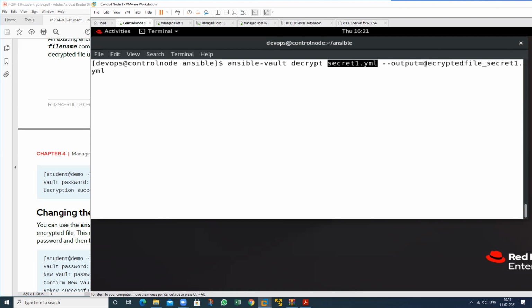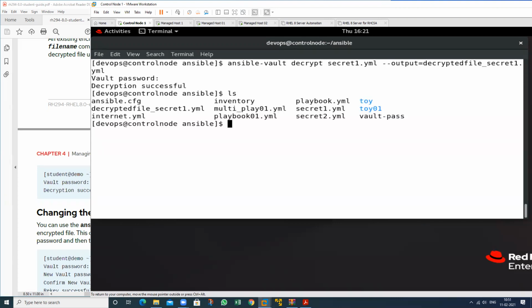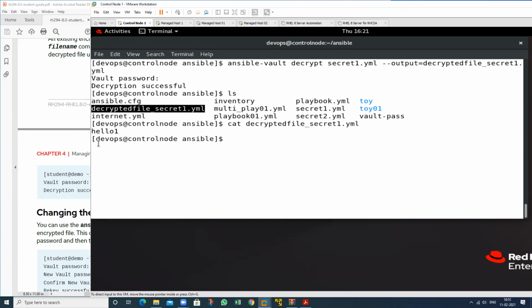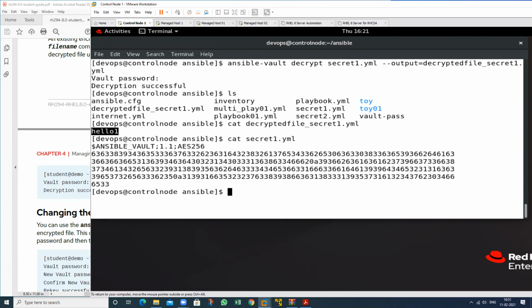This is the full name of this one. So just type, then the password, then see, this file has been created. See the content of this particular file. What is in this? Hello one. But secret one, it remains encrypted.